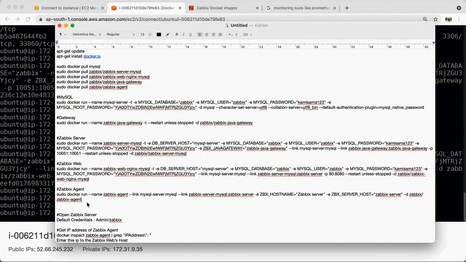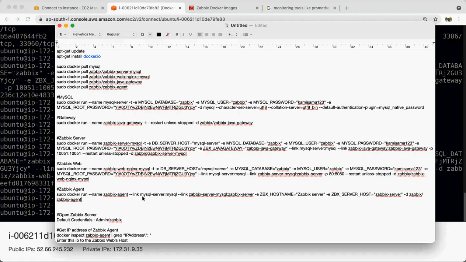Now here this is the agent. As I explained earlier, in this particular example we will be running the Zabbix agent on the same server itself. But if you have multiple nodes, you have to run the Zabbix agent on each and every node which you want to monitor.